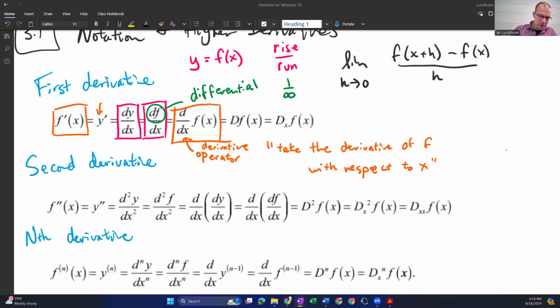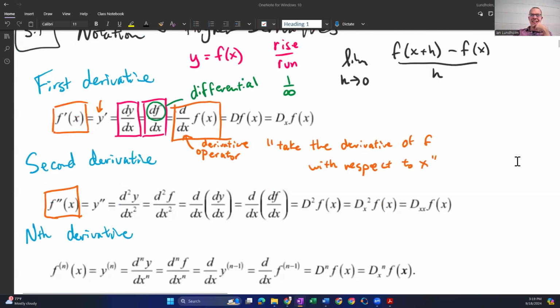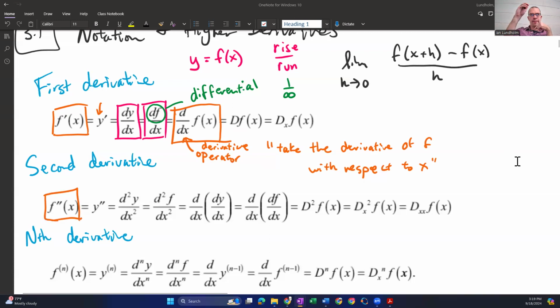Generally, we continue to use the prime notation. We just do a double prime whenever we're trying to get the second derivative of x, which just means it's the derivative of the derivative. We tend to use the little apostrophes up there, that prime notation. We would go up to f triple prime, but if we're going to the fourth derivative, normally we would write that